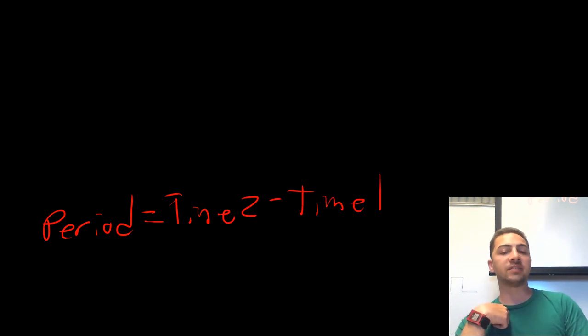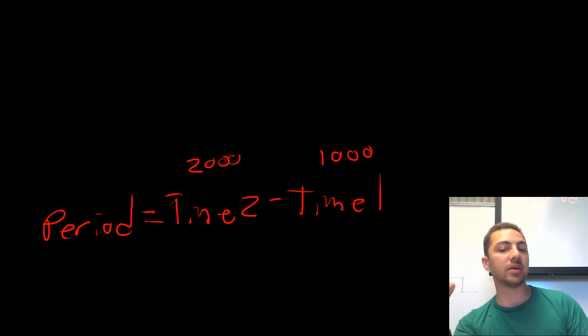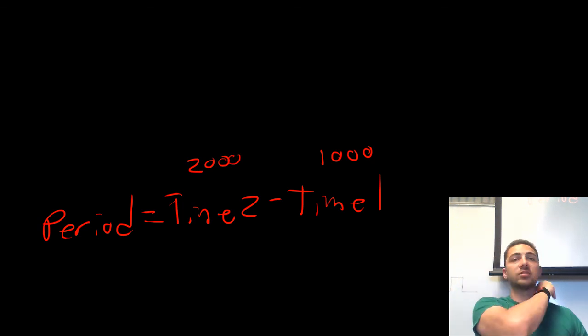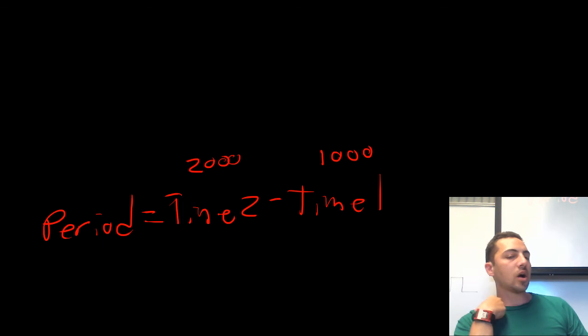equals time 2 minus time 1. Because this one is going to be some number like maybe 1,000. This will be something like 2,000. So your period is itself 1,000. This even works if bad things happen, like